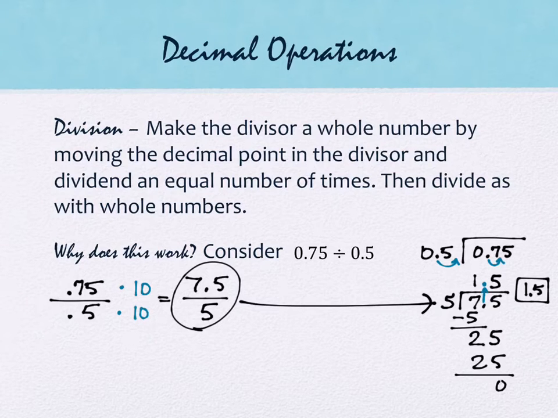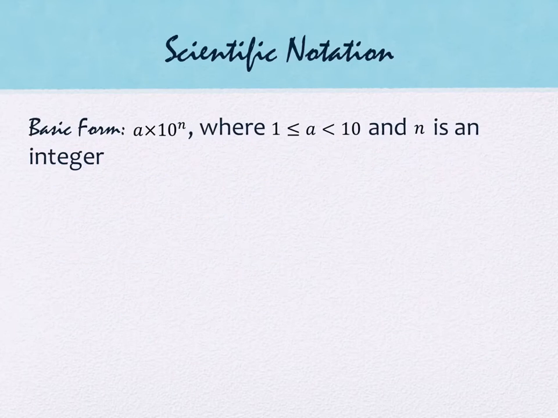Okay, we're going to do scientific notation next. So scientific notation shows up in this section primarily because the basic form of a numeral in scientific notation often has decimals. So the basic form is a times 10 to the n. The number a is between 1 and 10. It can equal 1, but it has to be less than 10, so it's always a single number in front